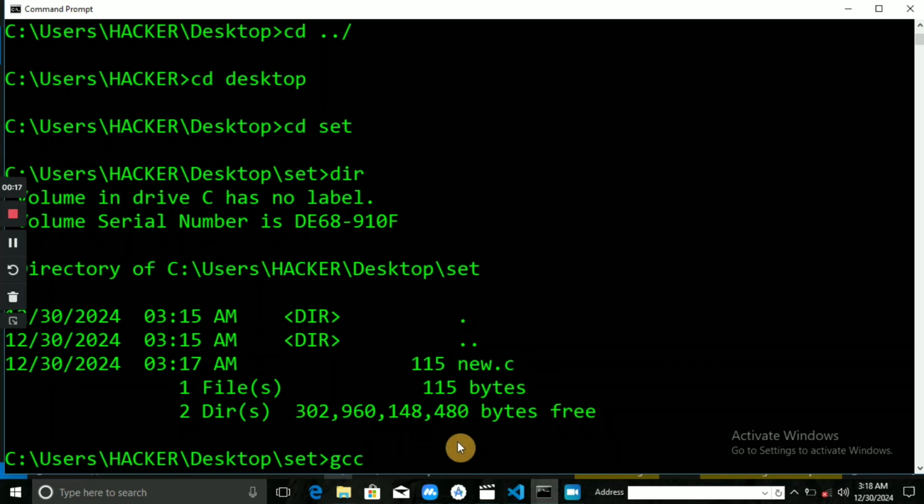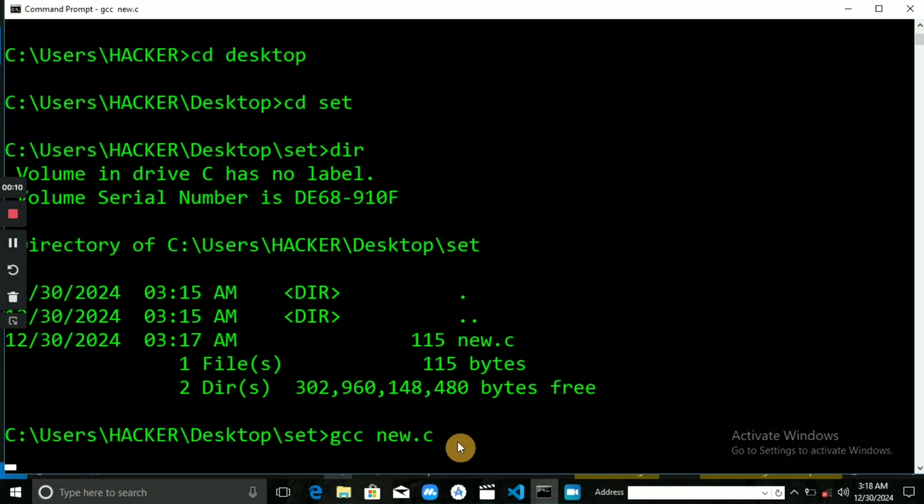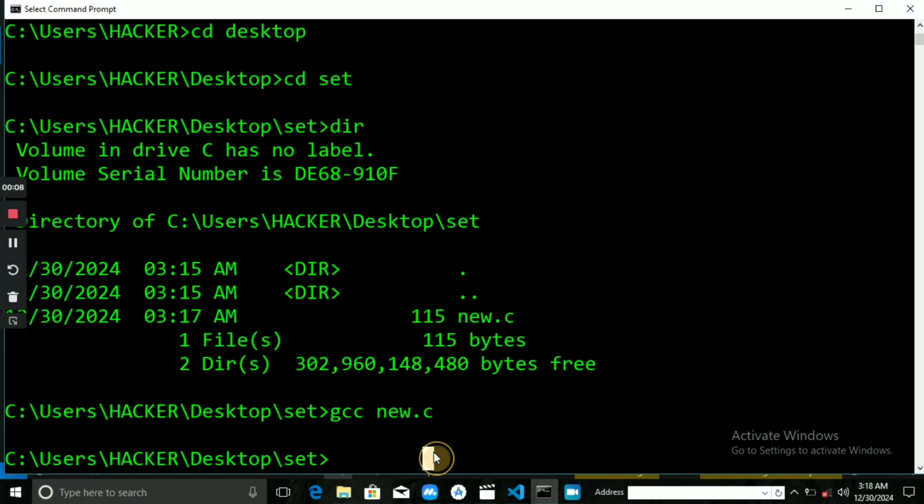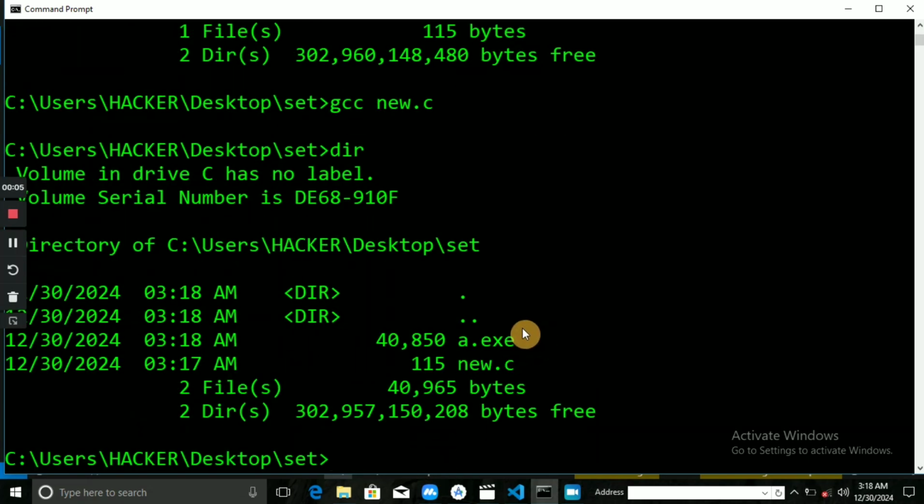We use the gcc command, gcc, and then the name of our file, which is new.c, and then we press enter. It will be compiled, and then we type dir to see. So this is our executable file. We run start, and then